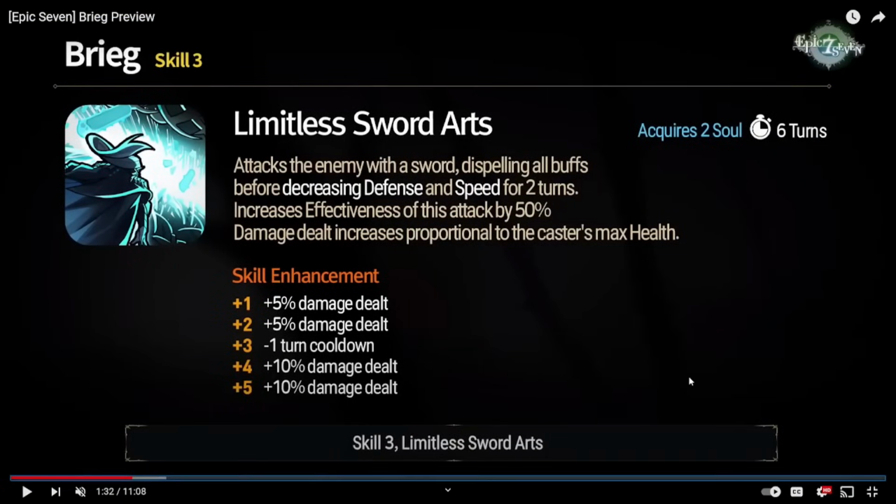Next, we have his S3. His S3 is going to be a single target attack that will dispel all buffs before decreasing defense and speed for 2 turns, and the effectiveness of this attack will increase by 50%, and this damage will scale with his max health. So you don't even need to build him on super high effectiveness if you want these debuffs to land, because of the fact that this has built-in effectiveness, and because this strips all buffs. It's very nice, and also it will put a defense break and speed break, so you're going to actually cripple enemies,